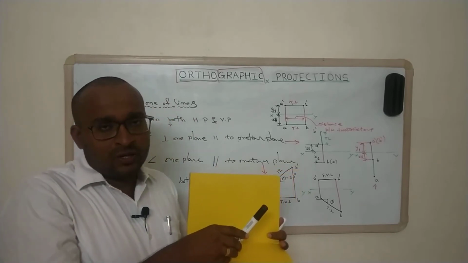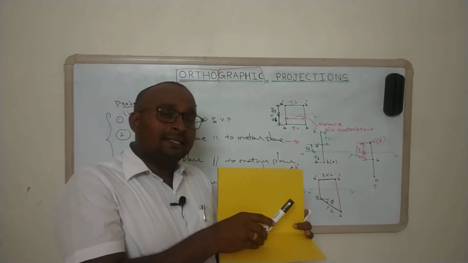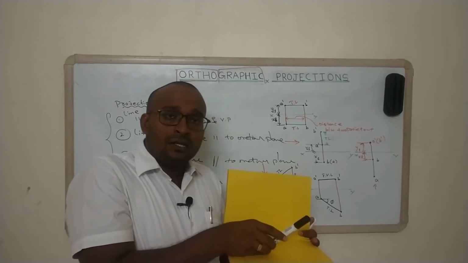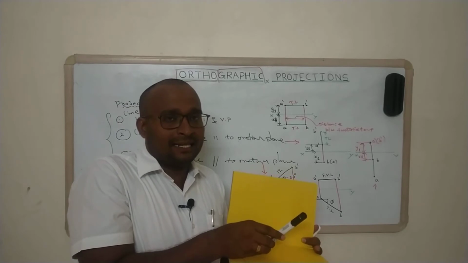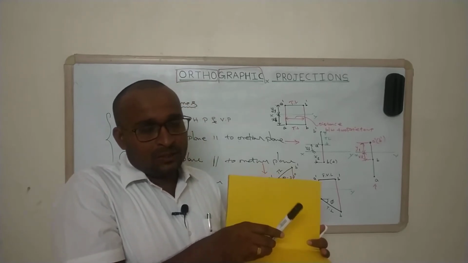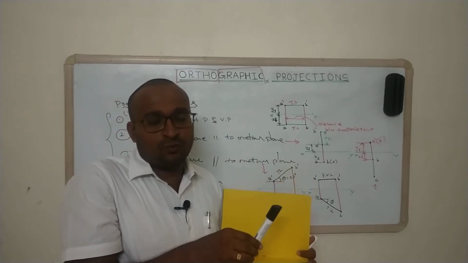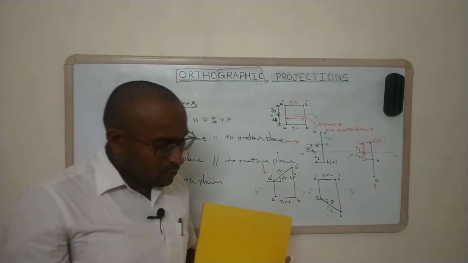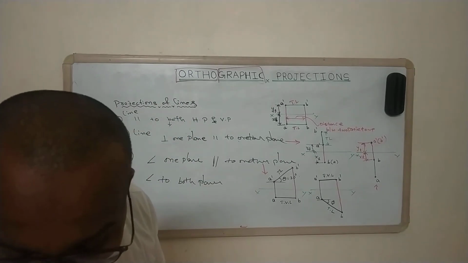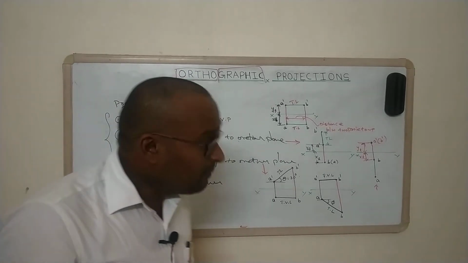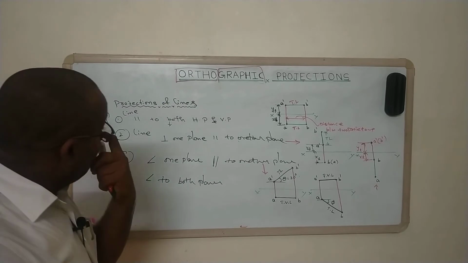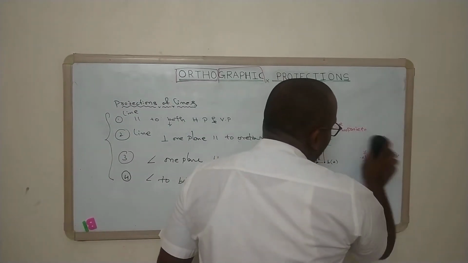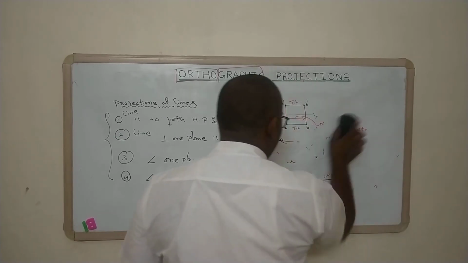That is the first position, and then in the second step we are going to rotate that line with respect to the another plane. So that is the imagination steps we need to follow while solving the lines inclined to both the planes. Before we start lines inclined to both the planes, we must know about the different parameters that we are going to use when a line is inclined to both the planes.